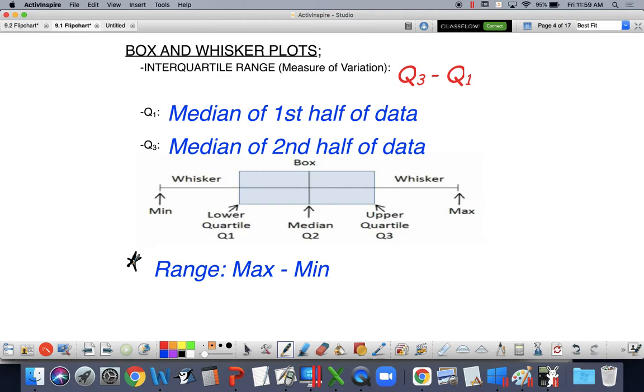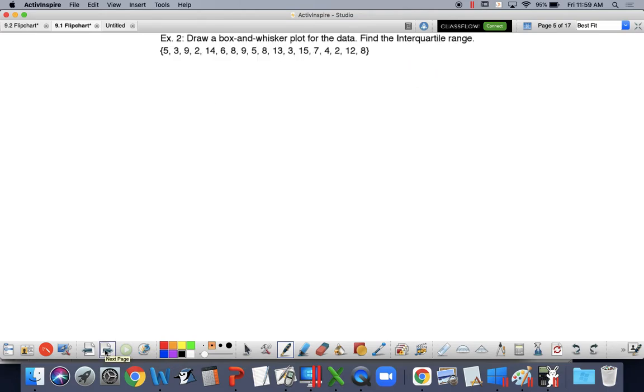So we're going to use this information, and yeah, I know sometimes statistics can be a little time consuming. We are going to create a box and whisker plot for this lovely data set we have on the next page. I know, it's just to get us some practice, so we know how to do these things. Now when I look at this data set, is it in order? No, so I have to put everything in order. So let's go ahead and do that.